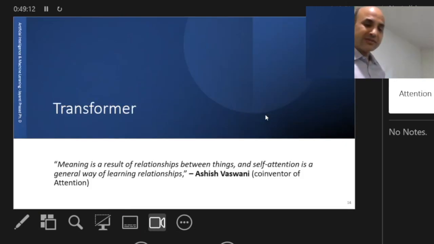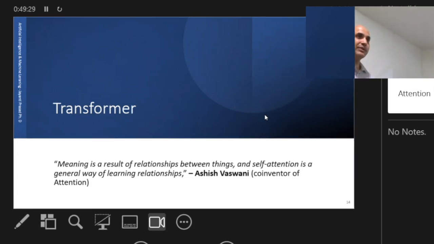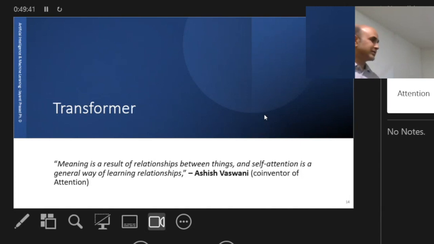So this was the attention mechanism used in sequence to sequence models. There were 2-3 papers where sequence to sequence LSTM was there, but attention was also used and people got higher performance. But again, it was not solving the purpose because LSTM was a bottleneck. We still need to do things sequentially. Then there came the transformer mechanism, proposed in 2017 by a Google team, and Ashish Vaswani was the